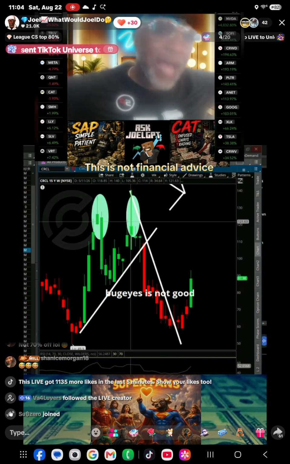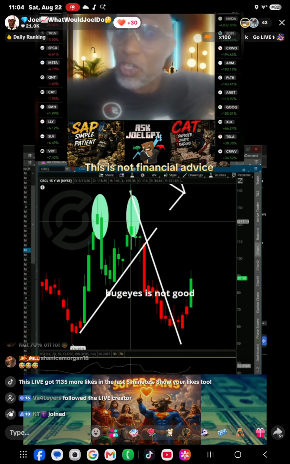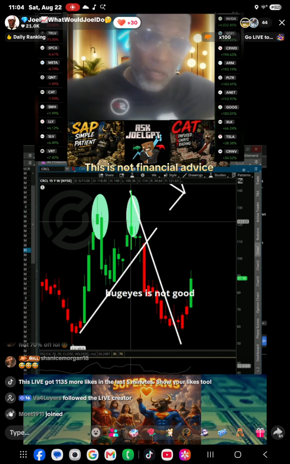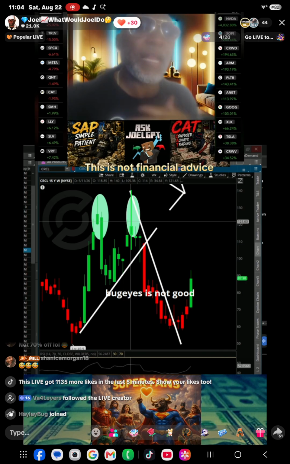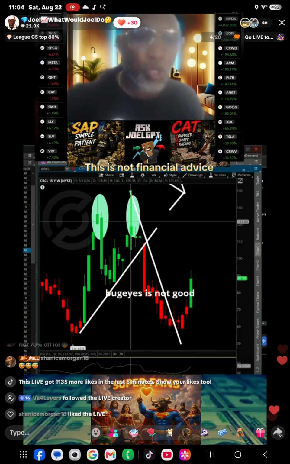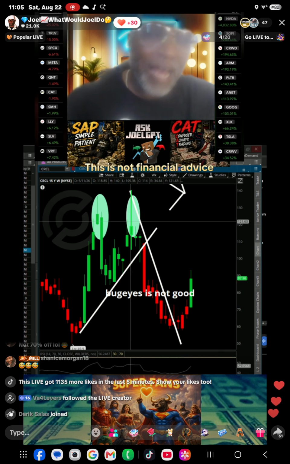So short sellers, I'm showing you a very good shorting strategy called the crab. When you see the crab, and this is something that I created, when you see the crab and it breaks that trend line, that's your go to short. Stop shorting just because we hit all-time highs. You need to see a high, you need to see a failure of a high, and then a break in